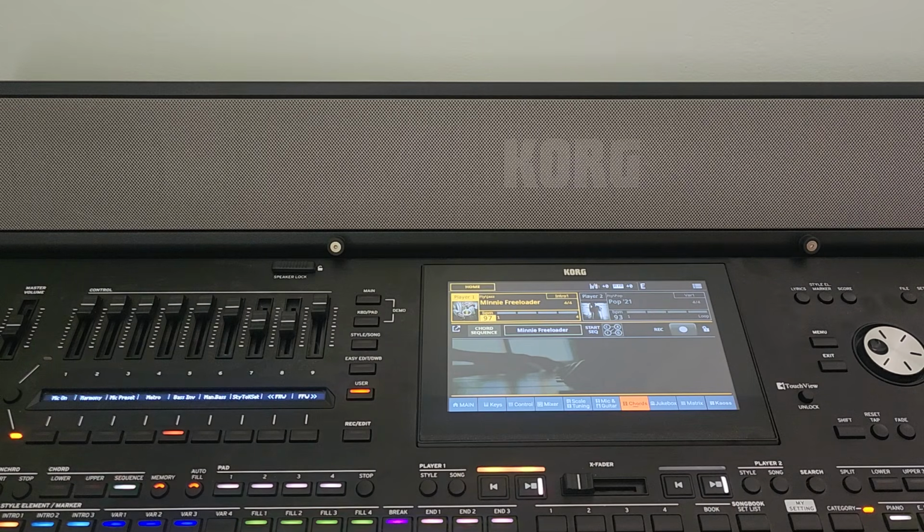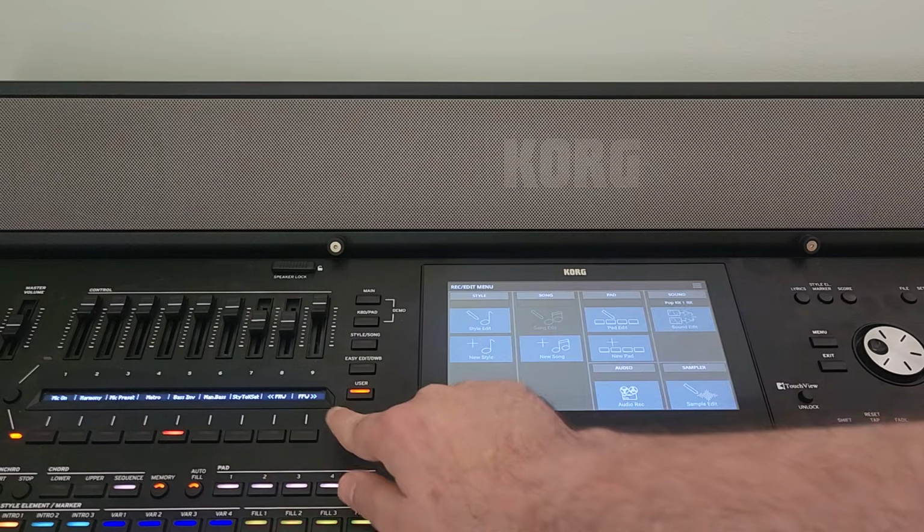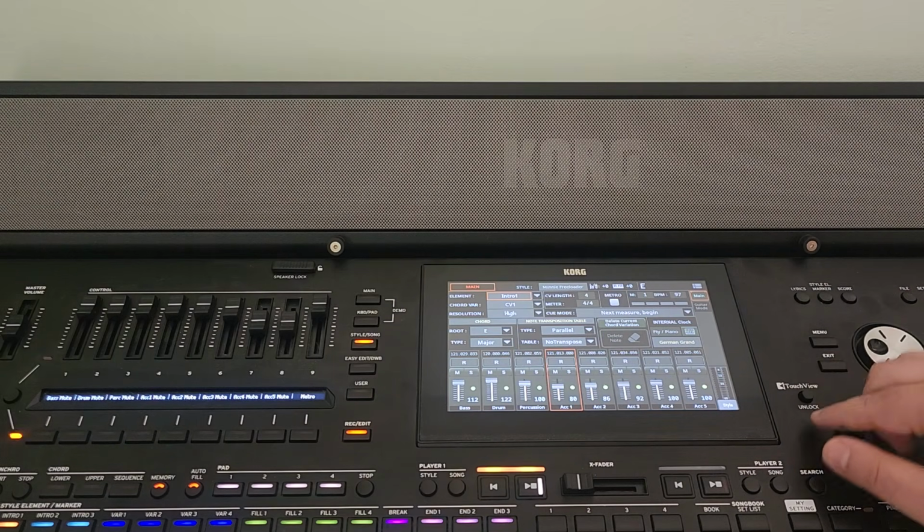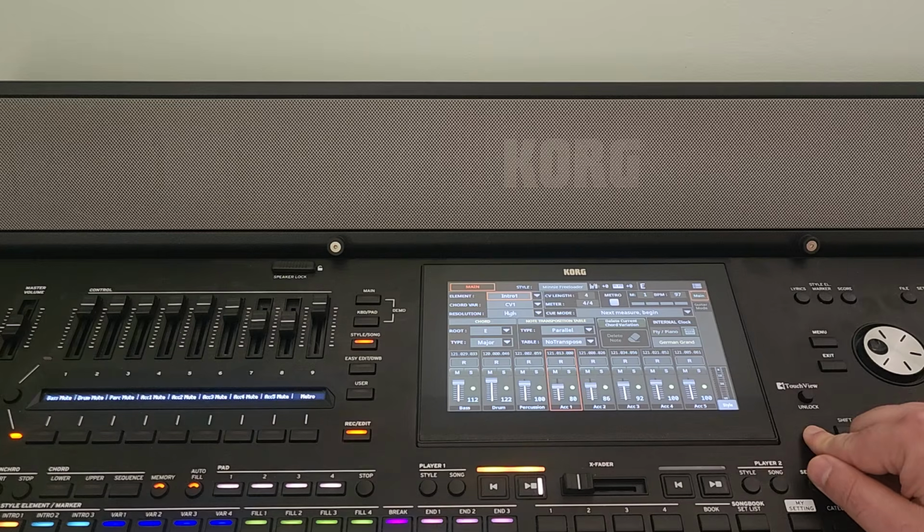Okay, the next item is about copying bars. I saw it a couple of times. It's well known from Yamaha. Yamaha has had this feature for ages. But now let me explain what I mean here. So for example, I would like to,